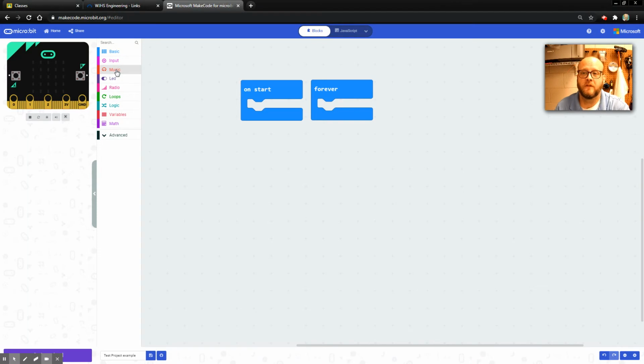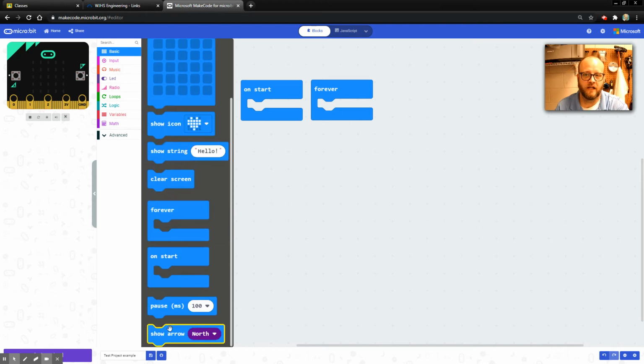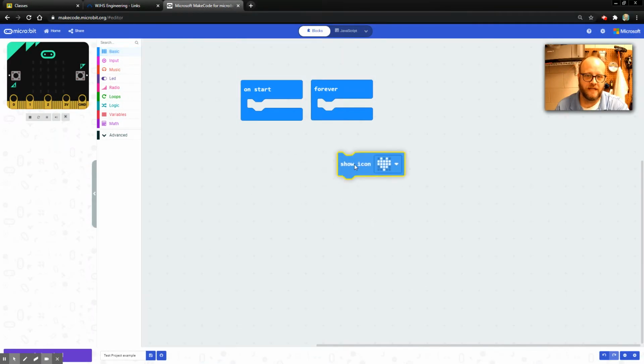So if I jump into, for example, basic, it opens up the basic drawer, and it's got a whole bunch of different icons, and I can simply drag those out into my main window. You'll notice when I dragged it out, it sort of fades and it's got cross-hatching on it, showing that it's not connected, it's not doing anything. However, I can drag it up here, and I'm going to match up this notch with this bump,